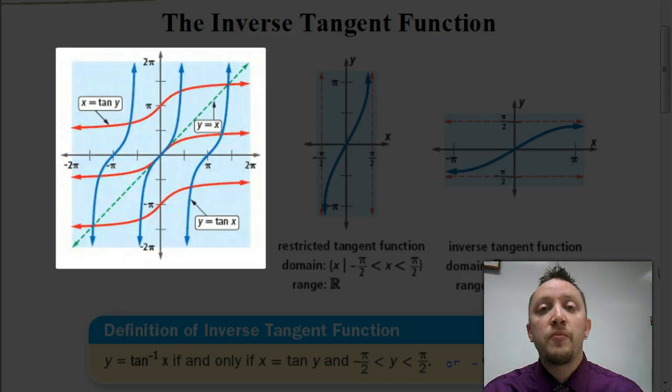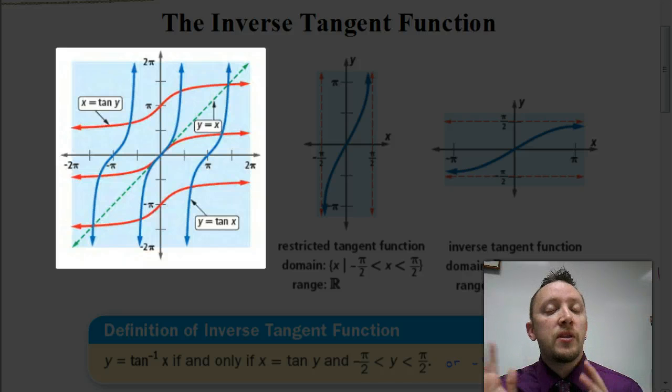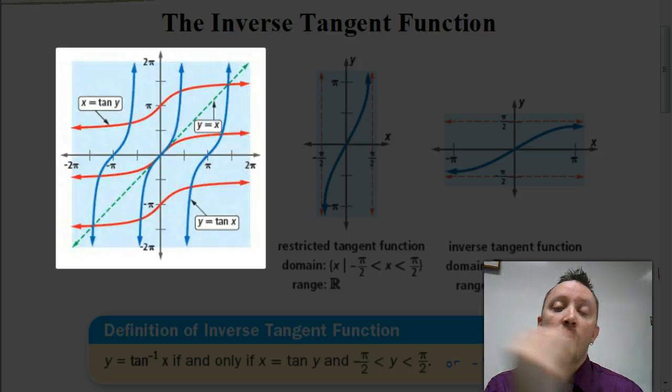In radians, it would be the odd multiples of pi over 2, like pi over 2, 3 pi over 2, 5 pi over 2, and so on. The tangent function is a function. It passes the vertical line test. And remember, we have the horizontal line test to see if the inverse would be a function. If you ignore the red lines and just look at the blue lines, you can see that it fails the horizontal line test, meaning that the inverse would